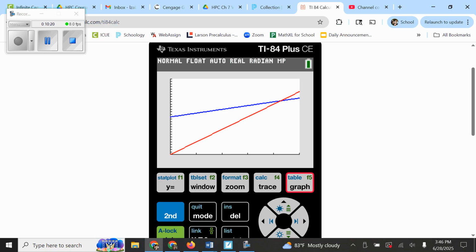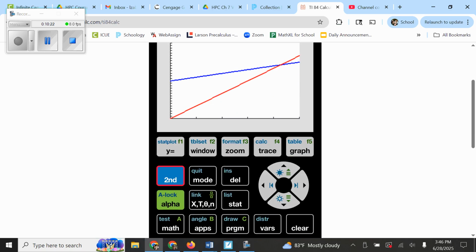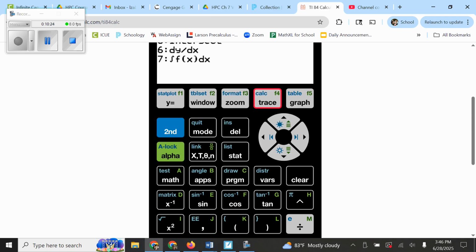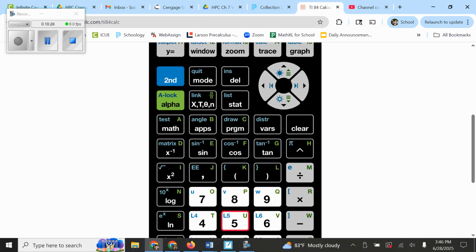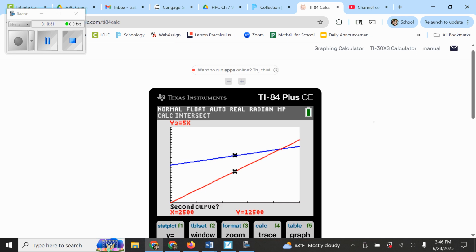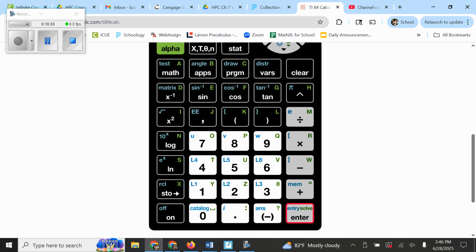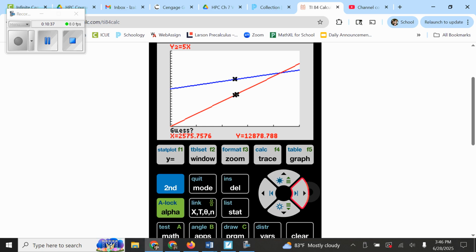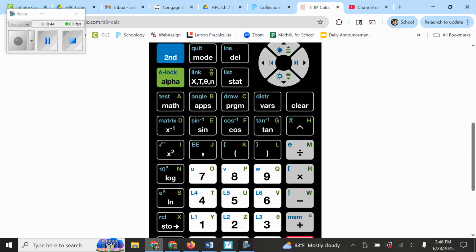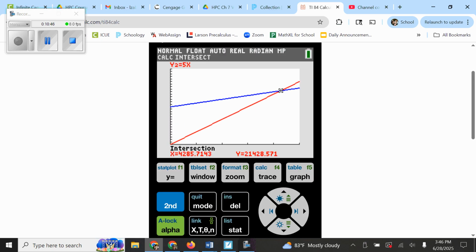So now we can actually see the point of intersection. So I can do my second calculate, and I want intersect. So then it says, hey, is that my first curve? Sure. Is that other one my second curve? Sorry, I have to keep going up and down. Yes. And then guess, I can get her close. Oh my goodness, that's going to take a long time to get there. Yay. So I got it close, and then I'm going to press enter,